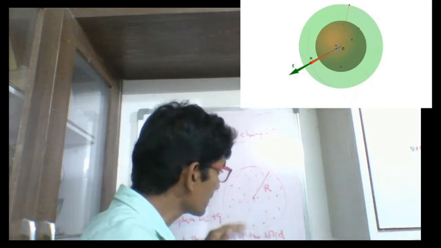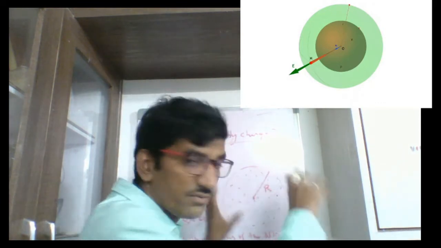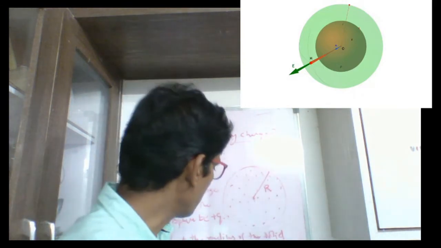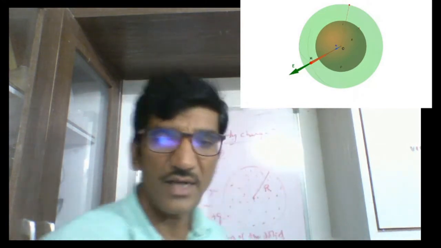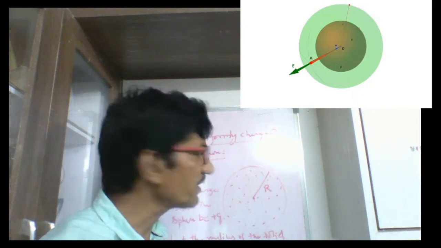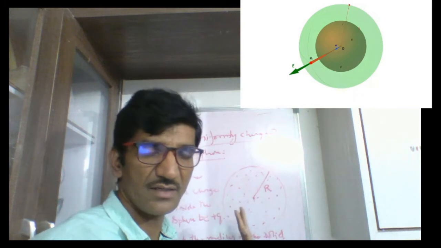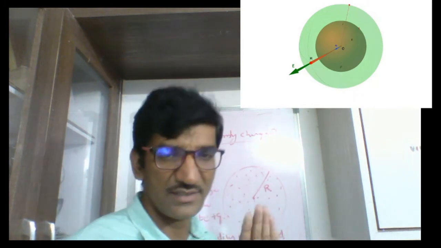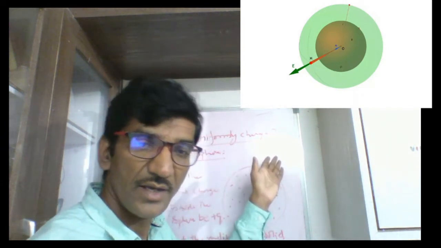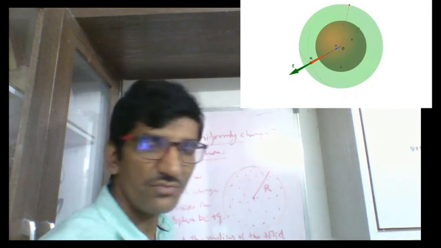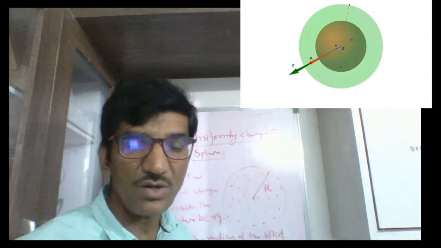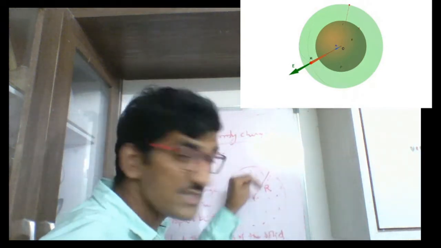The charge is spreading across the cross section of this sphere. Now let us try to find the electric field in and around this solid sphere. You always get that sort of doubt: why in and around? That means you may want to find the electric field outside this sphere, and you may want to find the electric field inside this sphere also.